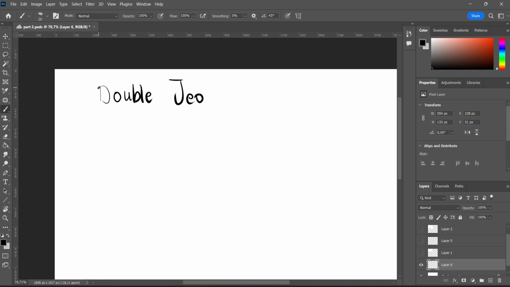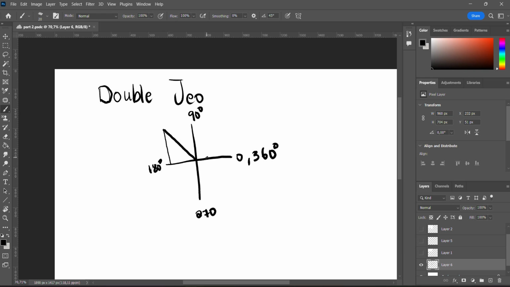it's defined as when you punish a person for the same crime twice. But in mathematics, it just means that if we have an angle that is in the second quadrant, so this is 0, this is 90 degrees, this is 180, this is 270, and that is 360 degrees. If I have an angle spinning here like this, and then I'm talking about this angle right here, double jeopardy